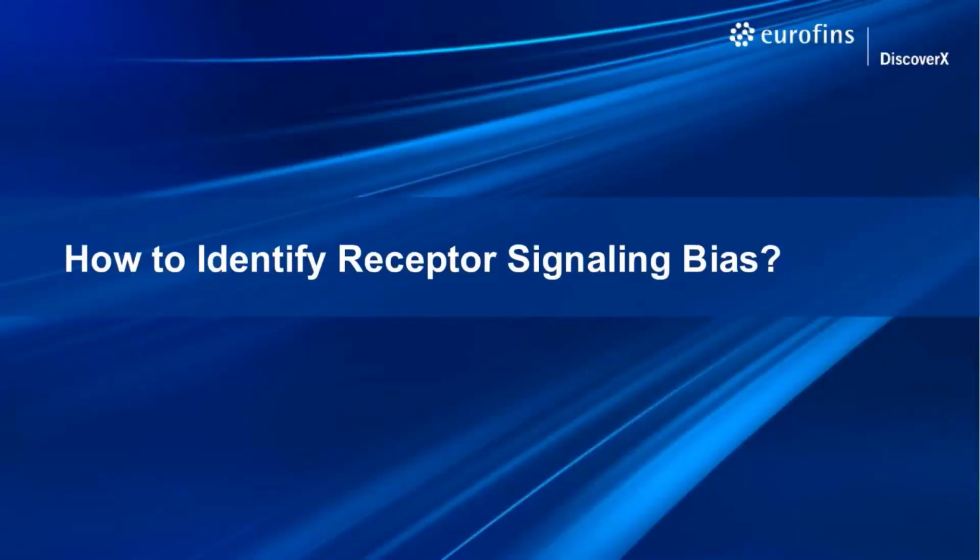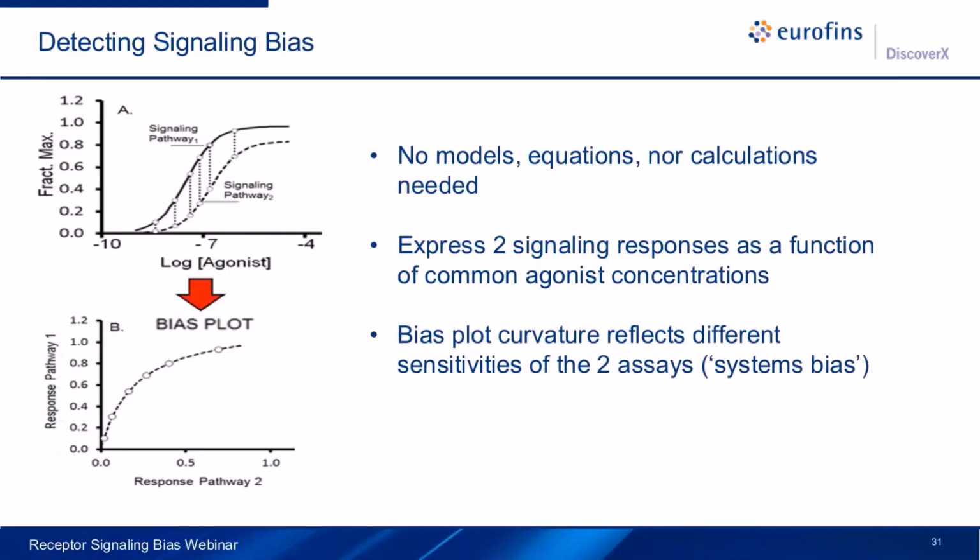So, how do we identify bias? It's extremely easy without equations, models, or anything. You simply say we have an agonist that signals in two assays and call them pathway 1, let's say Gs, cyclic AMP, and pathway 2, beta-arrestin. You then express each response as a function at the same concentration and form what is